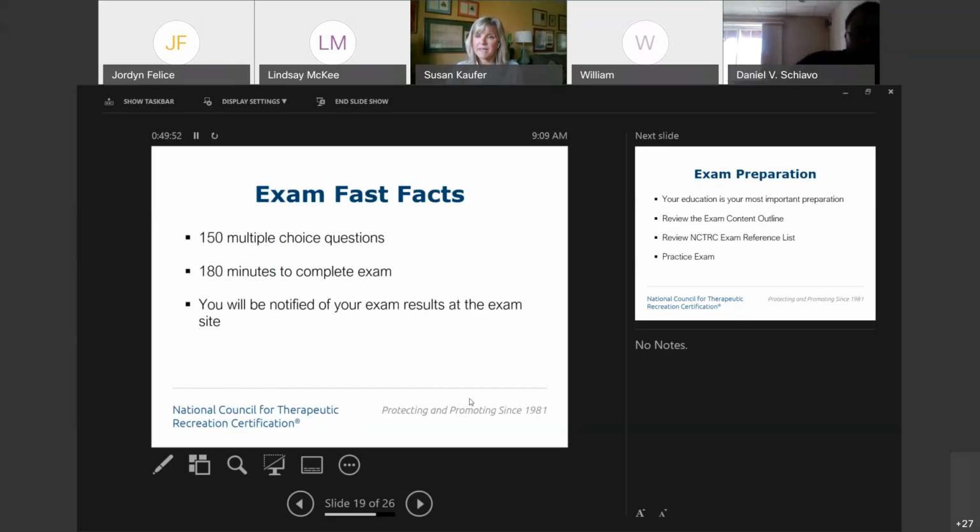When you complete the exam, when you're sitting in the exam center, you will be notified right there at the exam site whether you pass the exam, whether you were successful. You won't receive anything printed, but you will receive an email from NCTRC related to your exam results. It'll be in your email shortly after you pass the NCTRC exam.